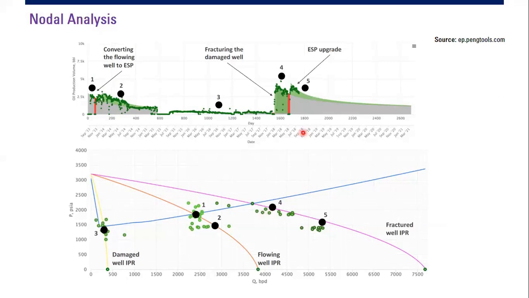That's why I do an ESP upgrade. Without changing the formation, without changing the reservoir performance, I go from point 4 to point 5, still in the same IPR because I don't change the formation characteristics. But I get a higher flow rate because now I have the ESP upgraded. So this is the application of nodal analysis to describe the historical performance of a well.